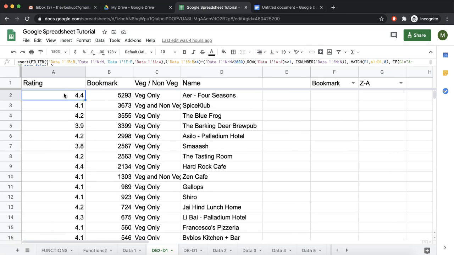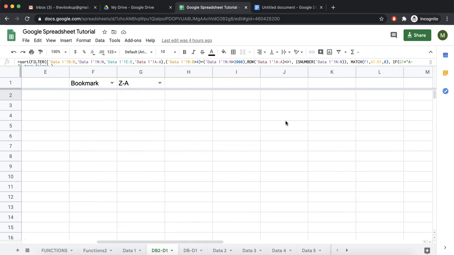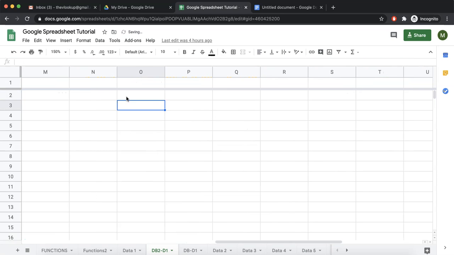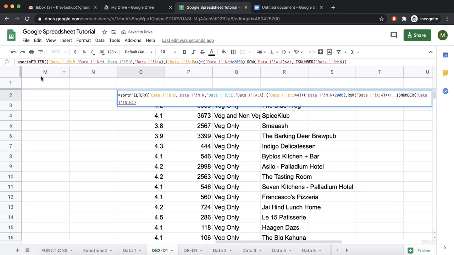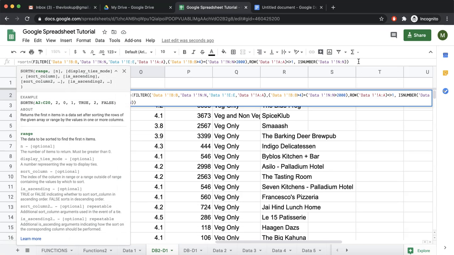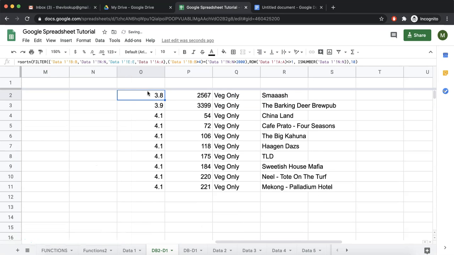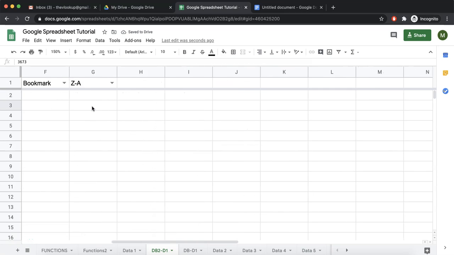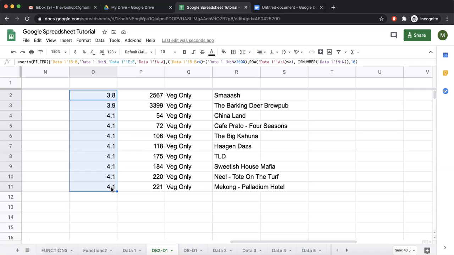Okay, so let us take the filtered version from here. This was our filter function starting from here to here. This is our filter result. Now we are going to wrap this inside sort n. Now in sort n, this becomes a range and next is 10. So we want the same result what we have over here, but we decide that I don't want the full result, just give me top 10 of the result that you have.